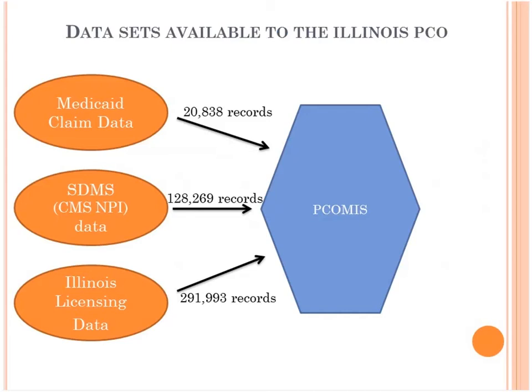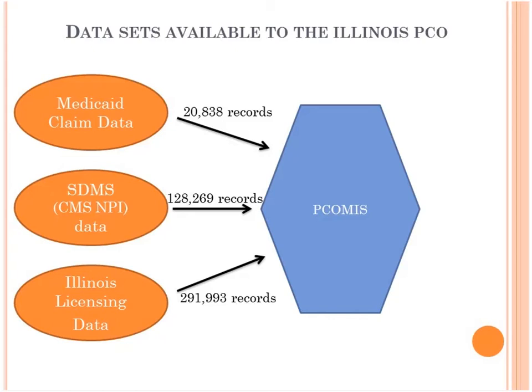Sorry, let me rephrase that. Those are actual license records, not necessarily active or inactive. A lot of them were relocated, revoked, suspended, or elsewhere, or just hadn't been updated. So all these 3 sets of data, they're all going to get pushed into PCO-MIS, and this is where